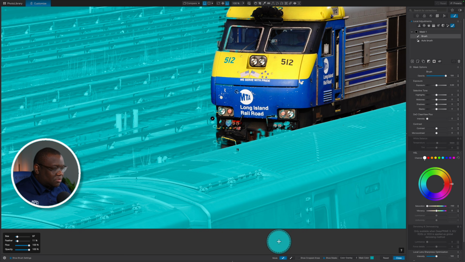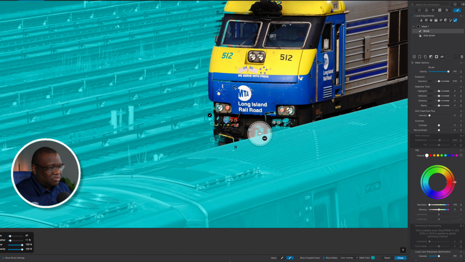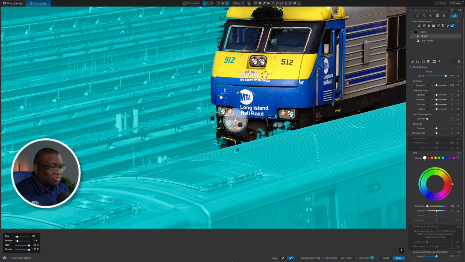All right. And so now with an erase icon, if you come down to the bottom, you have your mode. So I just applied the adjustment into that area, but I noticed that on the mask, I need to clean up the front portion of the train here, as well as on the window. And so that's where you come down to the bottom and you click on this little icon for the erase of your brush essentially. And so holding down Command and then scrolling on my center mouse wheel, I can resize that brush, and I'm just going to paint this in really quickly and crudely, but you definitely would want to